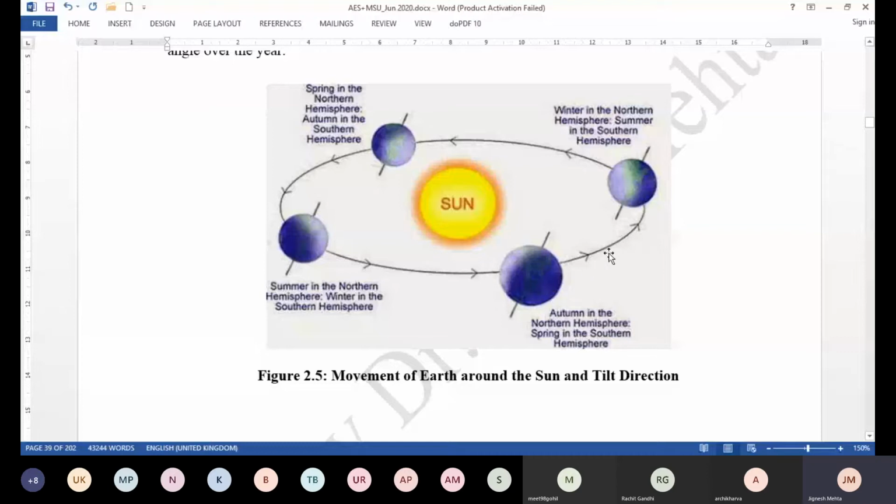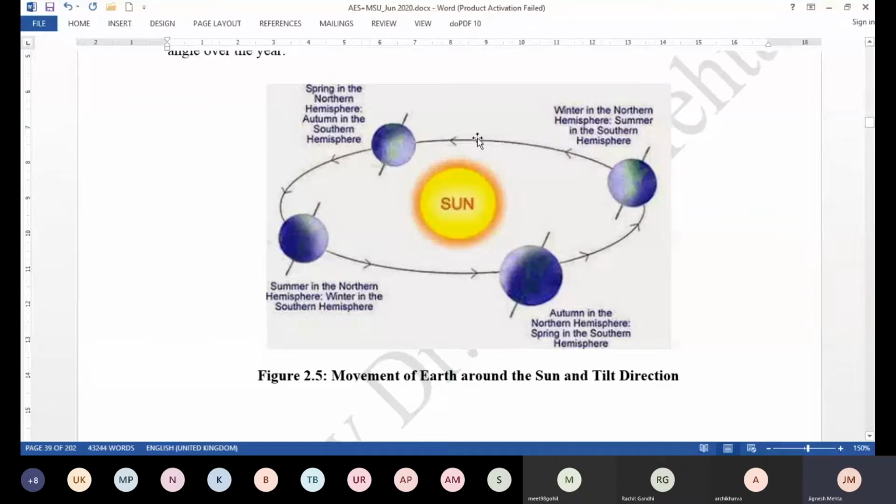Now you move further, past September, now October, November, and December. So you come to this point, which is winter solstice, just opposite of this summer solstice. So now, as you can see, the northern hemisphere is tilting away from the sun, and the shortest day occurs for the northern hemisphere, and the ray from the sun also makes a higher angle. Here the declination angle was 0 degrees. Here it is minus 23.45 degrees.